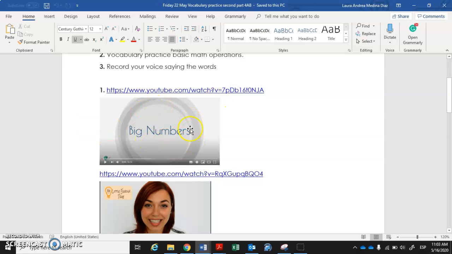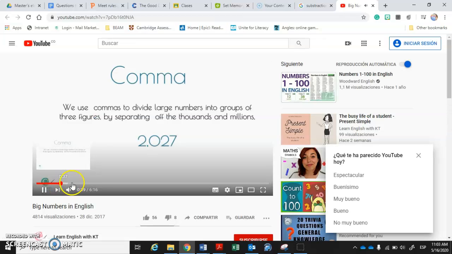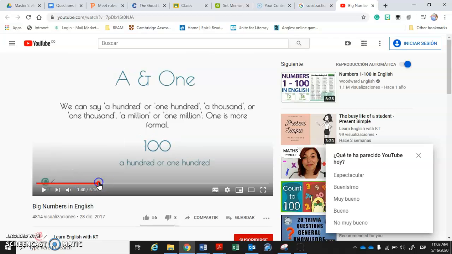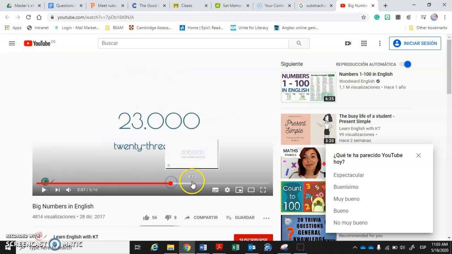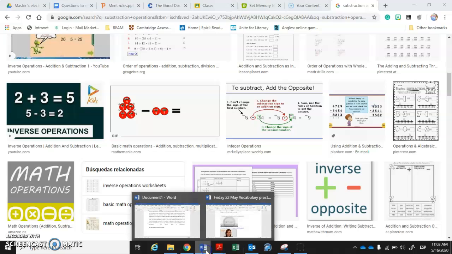And in this one, they talk about big numbers. I'm going to show you just a little bit about it. It's British, so you can understand. They give you the pronunciation of the number. They give you the written part of the number, which is very good. And they give you some examples, okay? So they show you how to read them properly. This is the first one, which is my favorite, but it doesn't have anything about